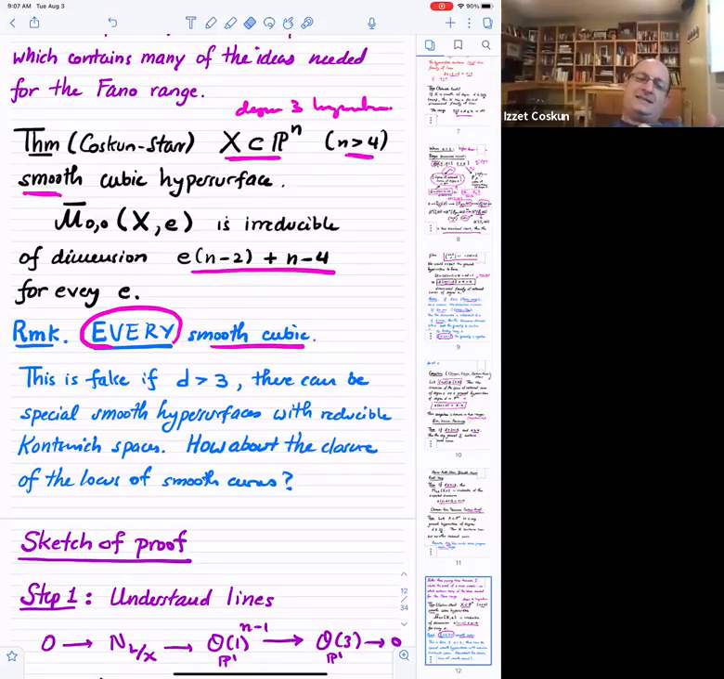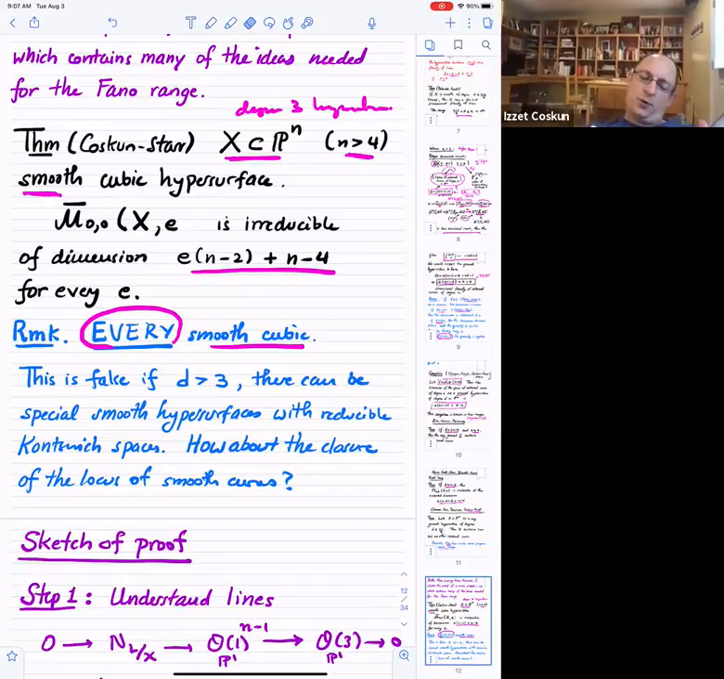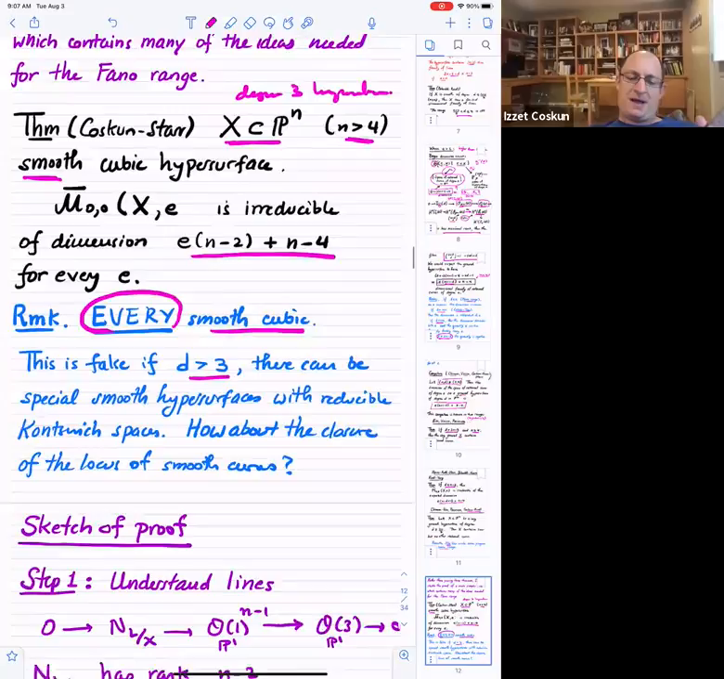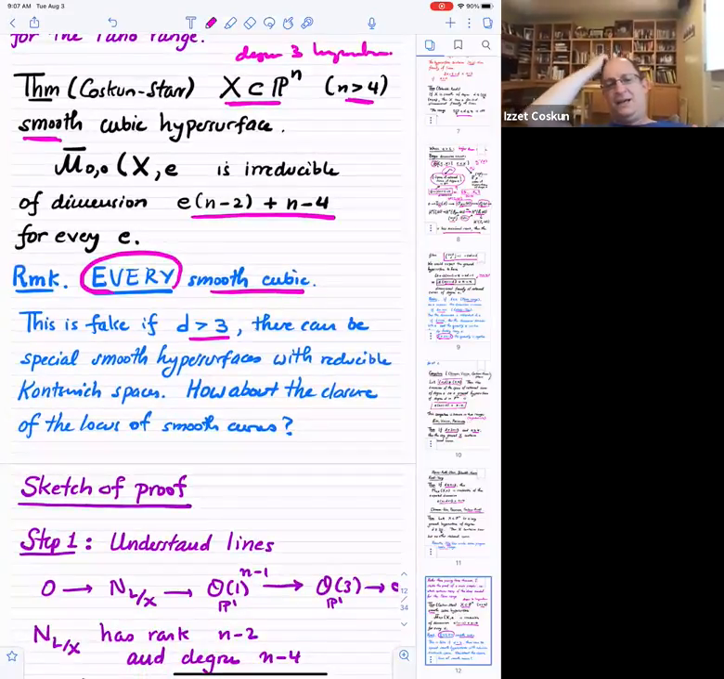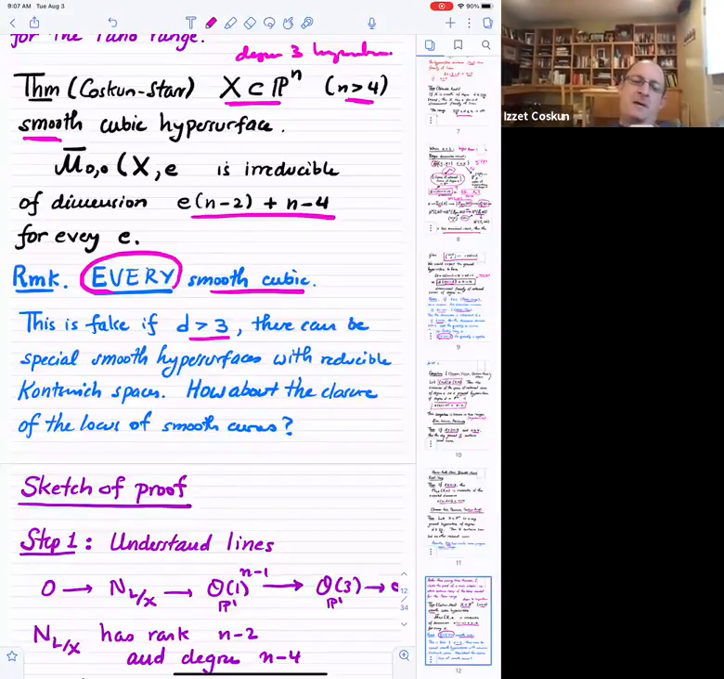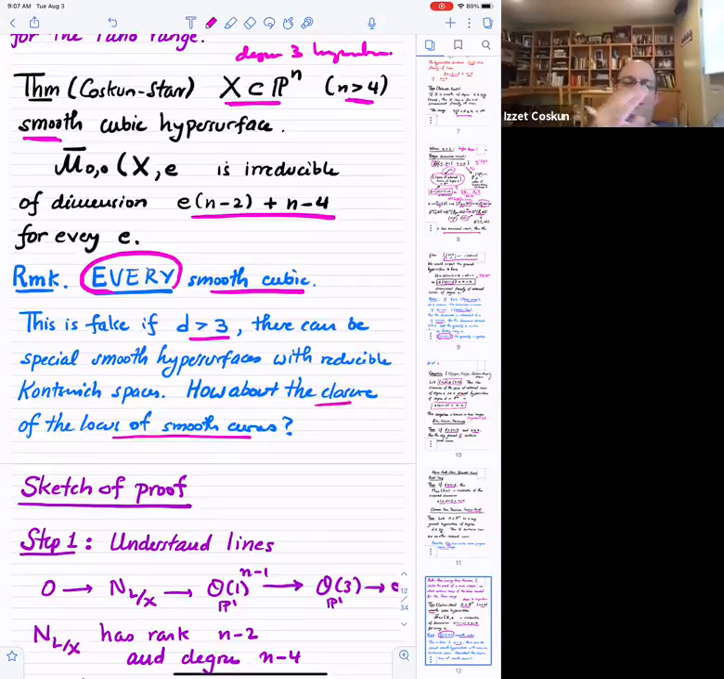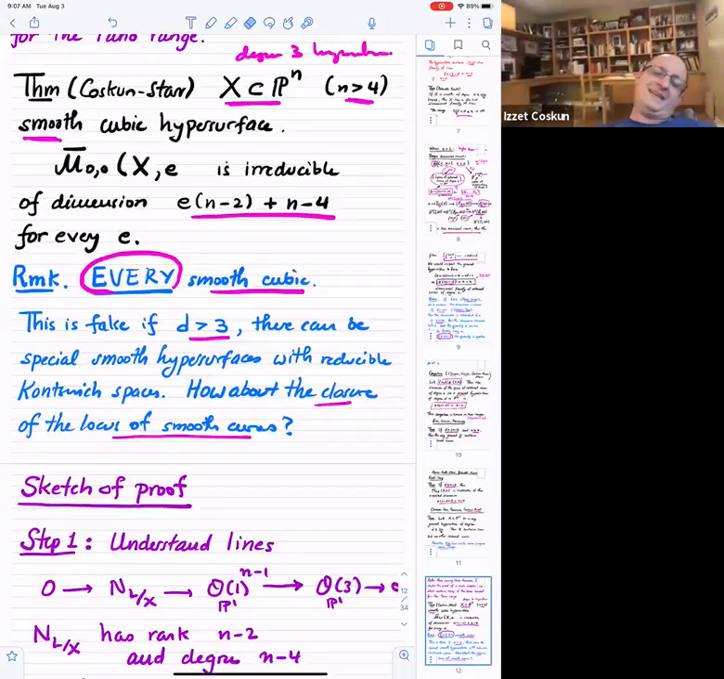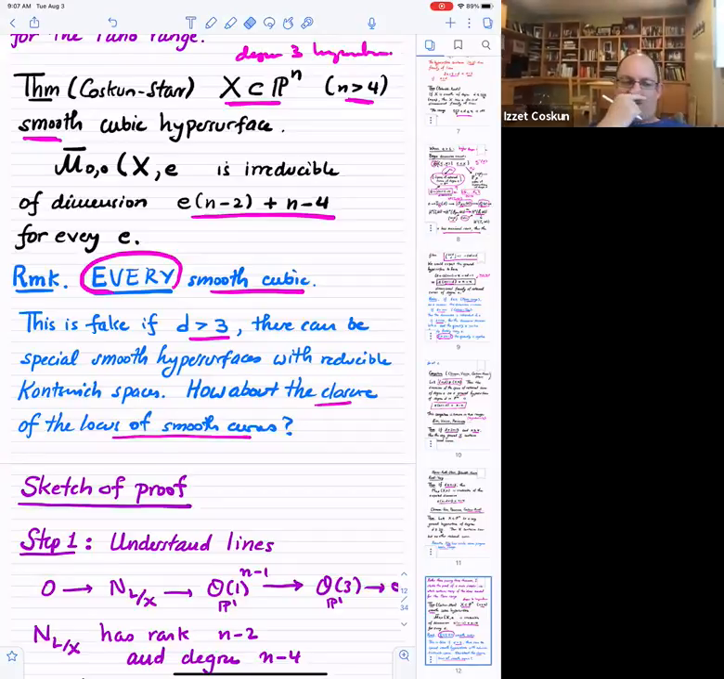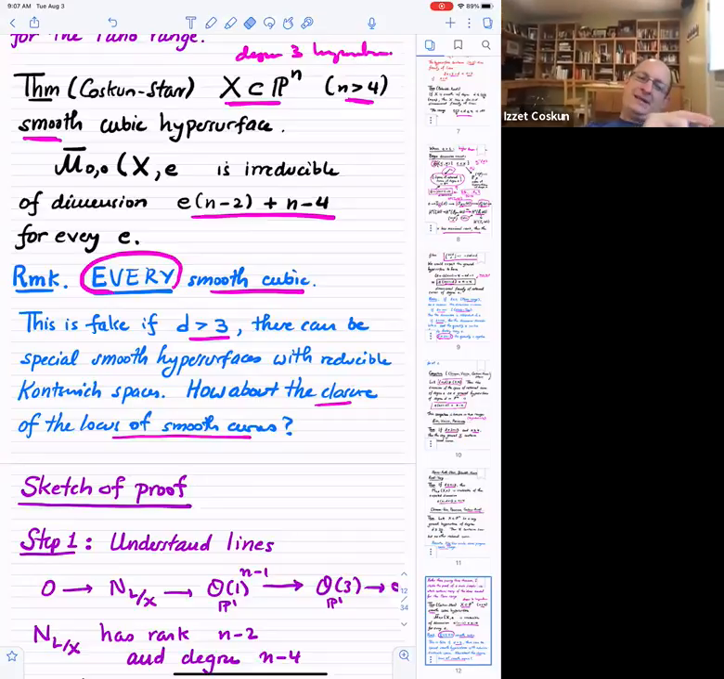And notice that this stronger statement, for the moduli space, is actually false if you take the degree bigger than 3, because then there can be special smooth hypersurfaces, having conic hyperplane sections and things like this. It is still possible that the closure of the locus of smooth curves is irreducible, roughly for the degree, I believe, less than n/2 or something like that. That's not known. But the point here is that,